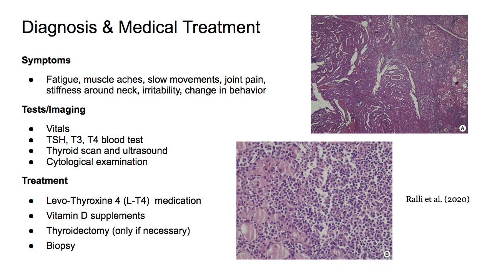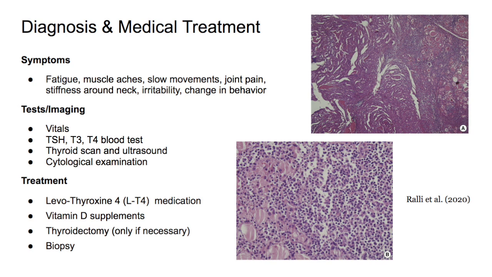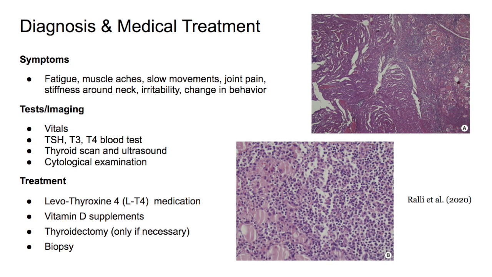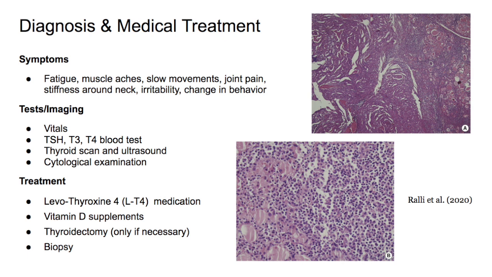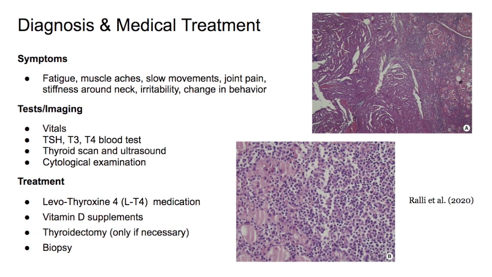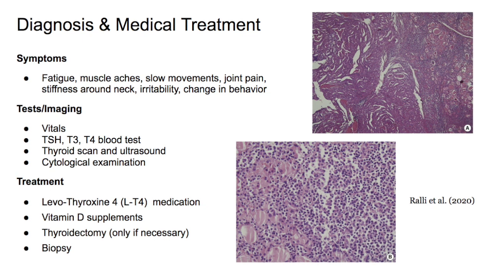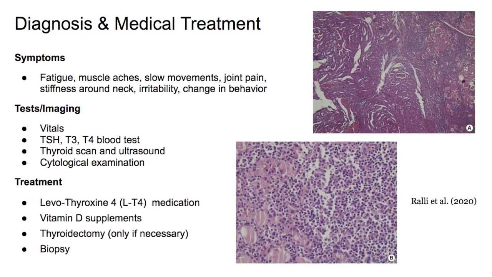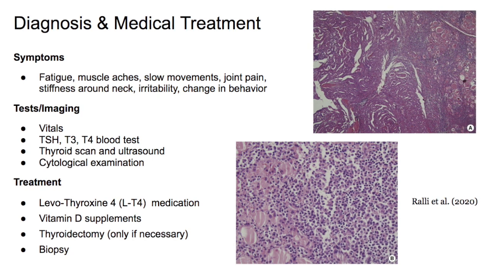Diagnosis and medical treatment. So after reviewing her symptoms of fatigue, muscle aches, slow movements, joint pain, stiffness around the neck, irritability, and therefore a change in behavior, in regards to tests and imaging, we would want to check her vitals, run a TSH, T3, and T4 blood test to help indicate if she has an autoimmune condition. We can also do a thyroid scan and ultrasound just to get more imaging and also test her thyroid functionality,